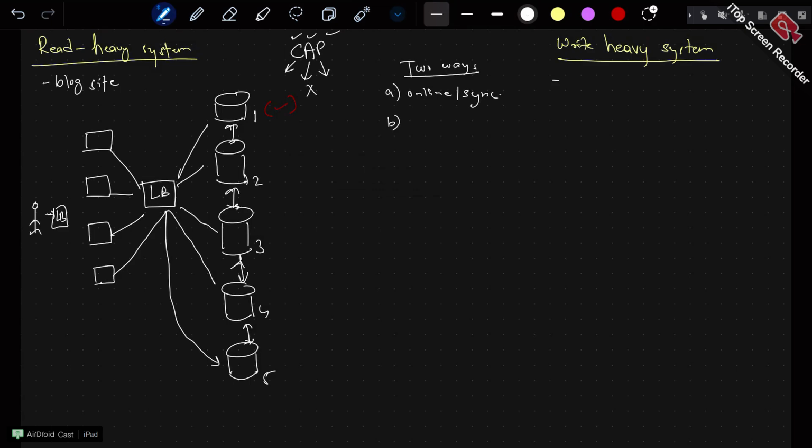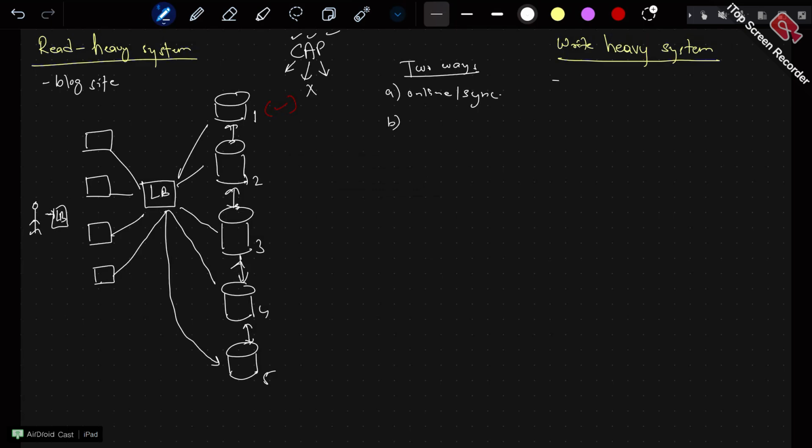Why? Because now for a particular write request, you have understood about the read system, right? In read system, if the database is replicated, in any node they can go and just read it, right? So now we are talking about the write system. In the write system, it is communicating to each and every database node. So what will happen now? Your latency will go up for a particular request, right?